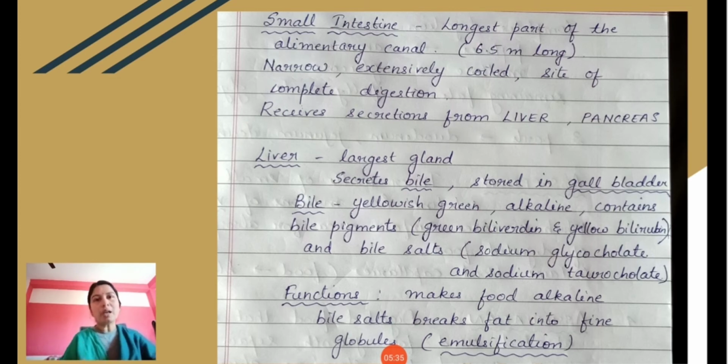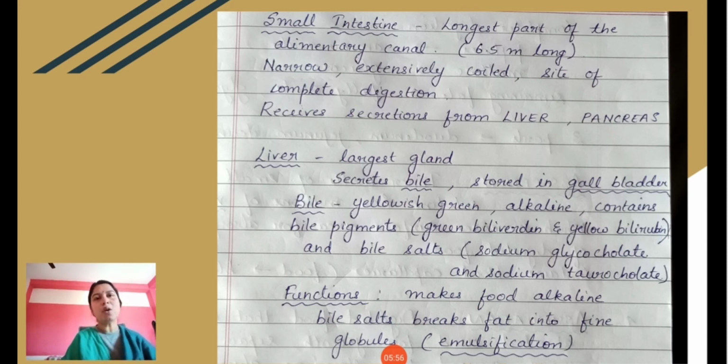But for carnivores, if you see, they consume mostly animal products. So for them, the small intestine is shorter than that which is present in herbivores. So the length varies according to the feeding habit of the organism. So the small intestine, as I told you, is the largest part.